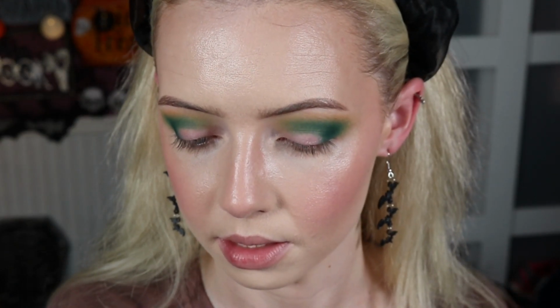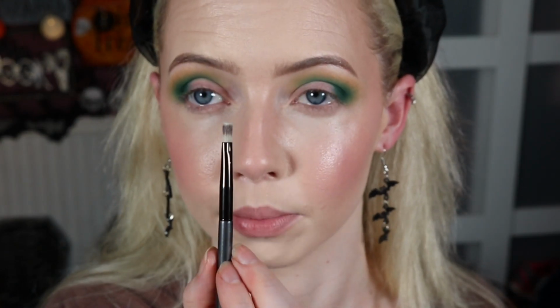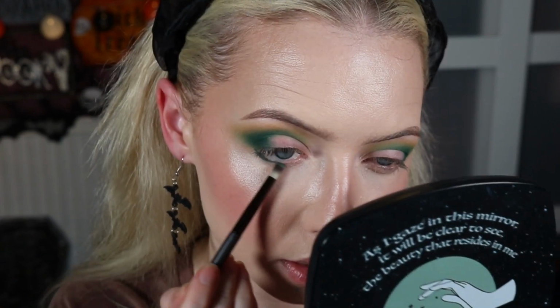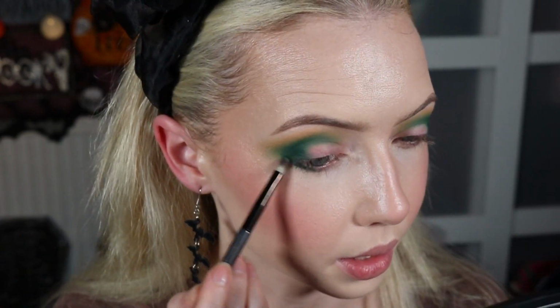Okay, before I deepen this up a little bit, I am going to take Grendel again, our dark green, and I'm going to take this on a number 7 lip brush, essential lip brush, but I like to use this for my lower lash line. So I'm going to take a little bit of that green and run that along my lower lash. Right along the lower lash, connecting to the outer corner. We want to keep this nice and